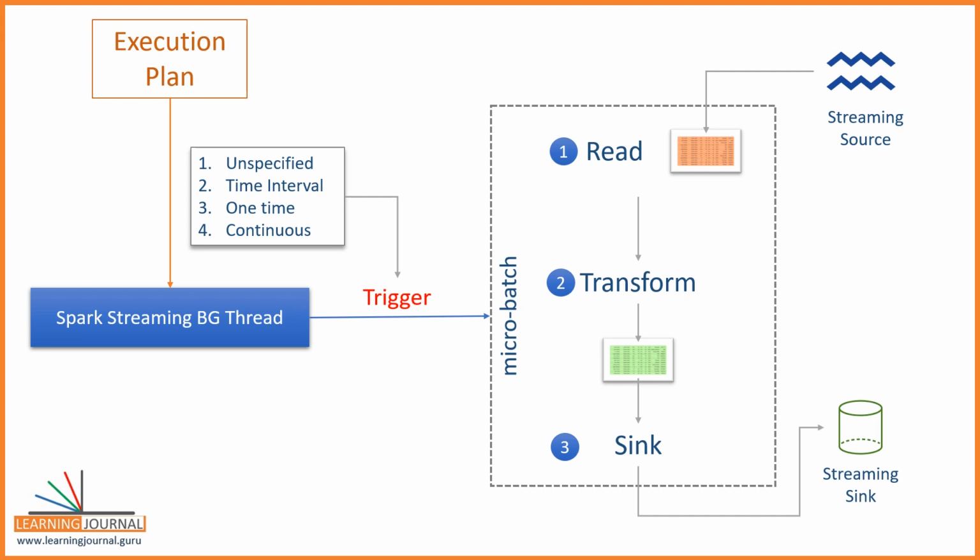Let me quickly summarize what we learned. Spark Stream Processing query runs as micro batches. Each micro batch starts with a new input dataset and writes the outcome to the sink. The next batch again starts with a new dataset, and this all goes in a loop. All of this is internally managed by a background thread. You can also configure the micro batch trigger time by setting the trigger time interval.